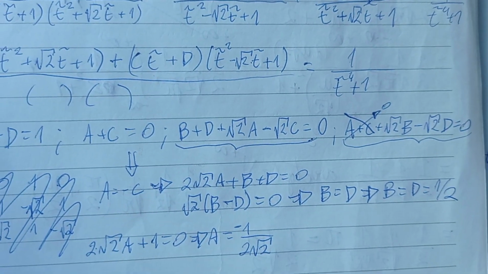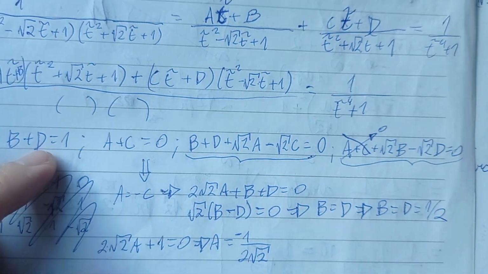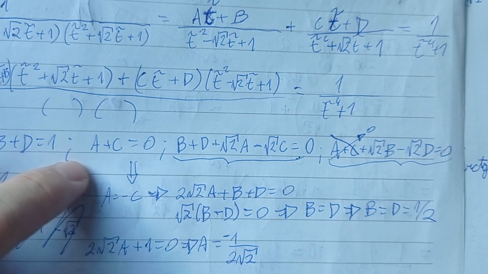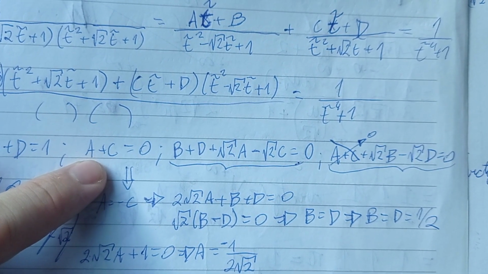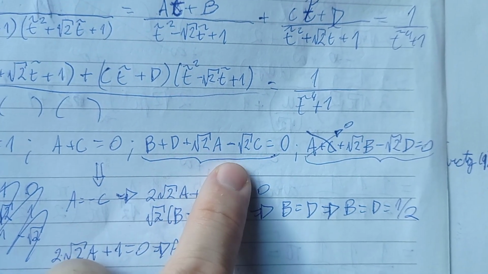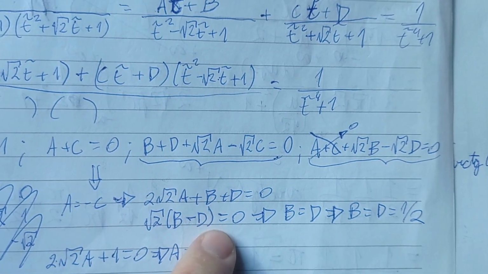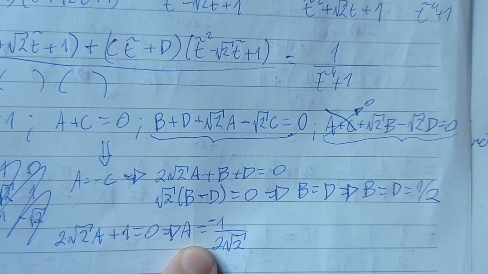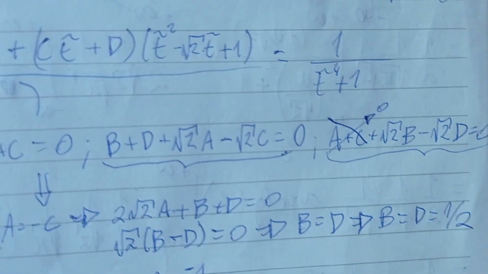Then, from plugging in this expression, A is equal to minus 1 divided by 2 square root of 2, which means that C is going to be 1 divided by 2 square root of 2, positive, which will give us